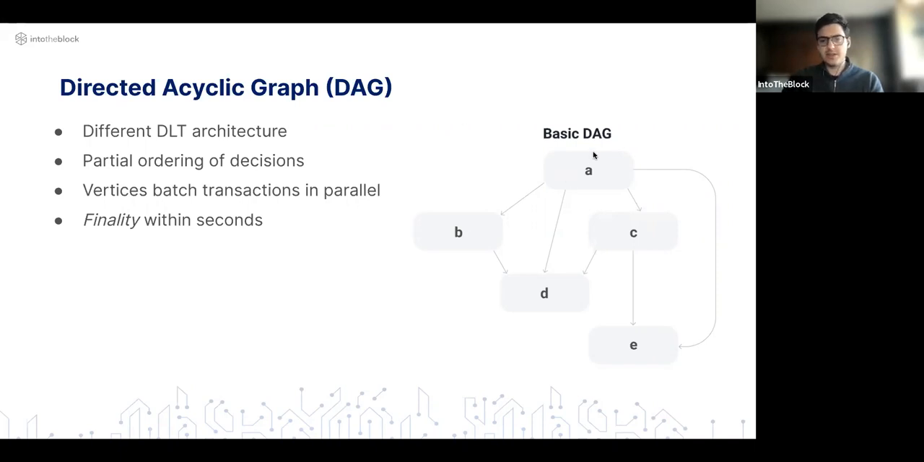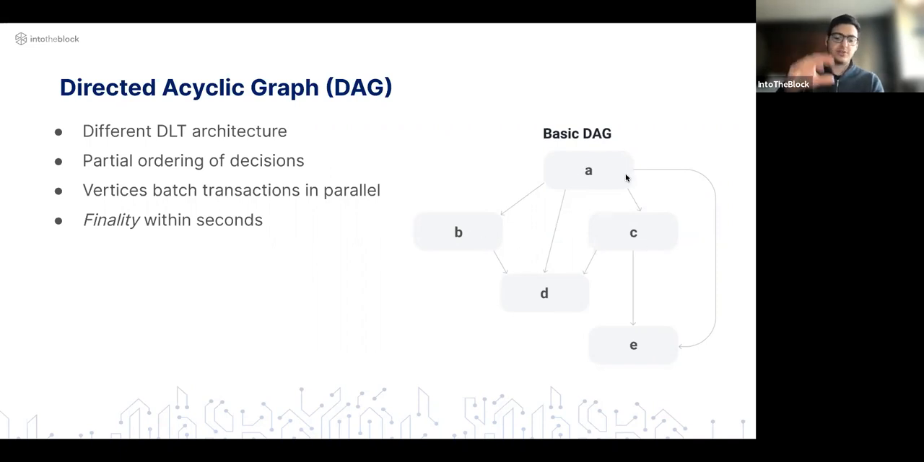Basically, you have a way to timestamp transactions while also ordering them partially in different sequences. Here, for instance, you can see that transaction A happened before B and C, but B and C took place at the same time, and then E took place later. So a lot of these are processed in parallel,